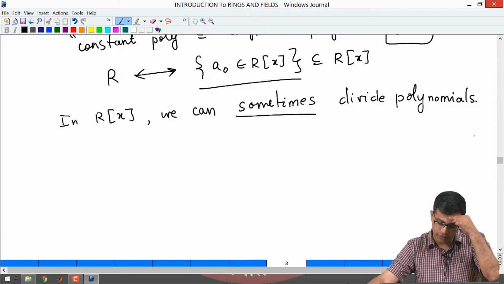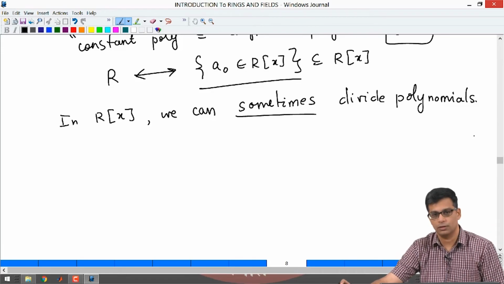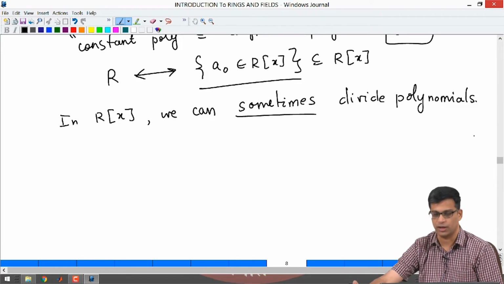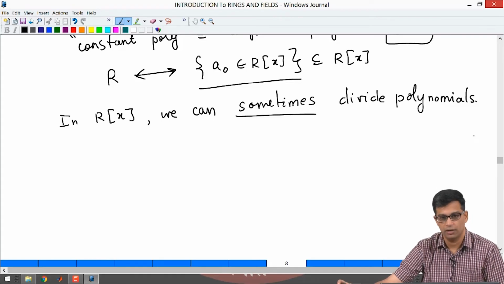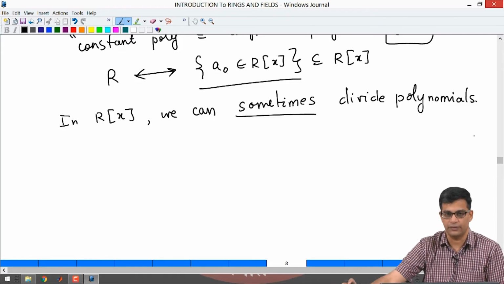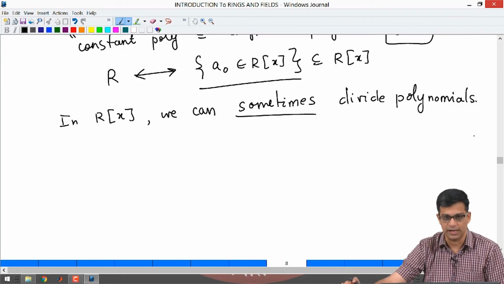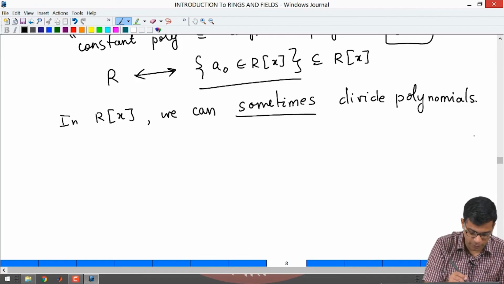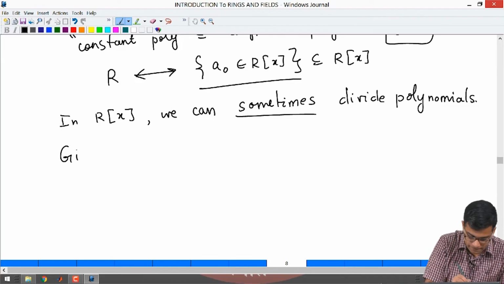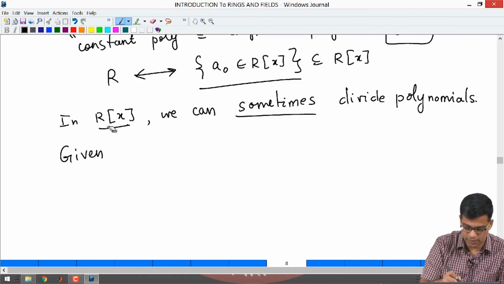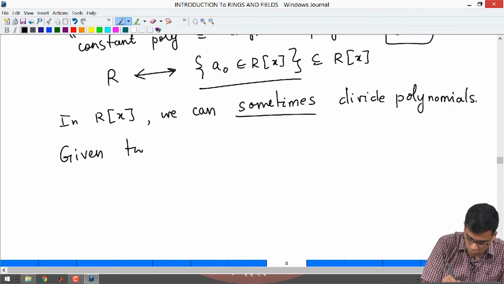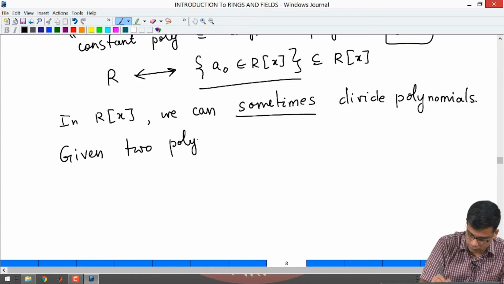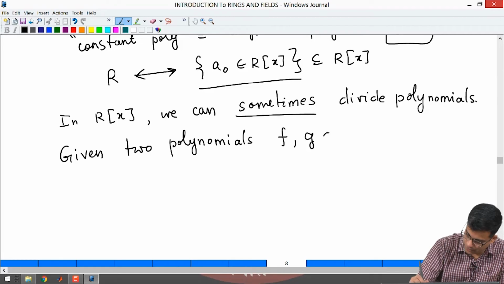I will not write the formal procedure, I will just explain the procedure by an example. This is the usual division of numbers, it is the same procedure that you all know very well. So, the statement is, R is an arbitrary ring, R[x] is the polynomial ring over it. So, given two polynomials f and g in R[x]